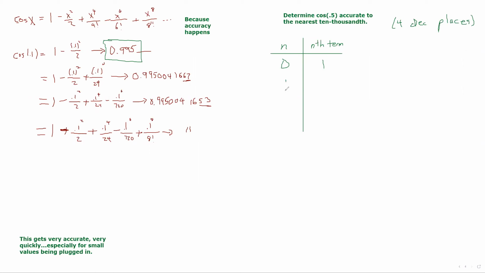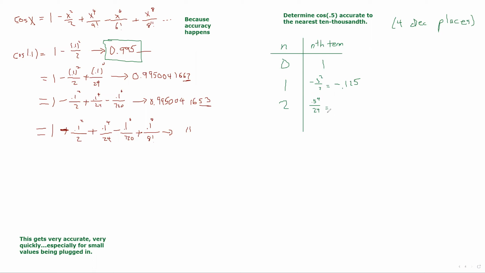When n is equal to 1, we're plugging in a half. So this is negative 0.5 squared over 2, which is equal to negative 0.125, because that's 1/8. I can do that one in my head. When we do 2, it is positive 0.5 to the 4th over 24, which is equal to, let's find out,